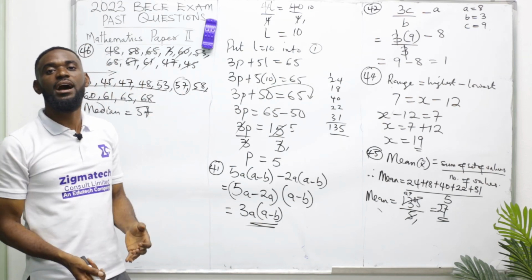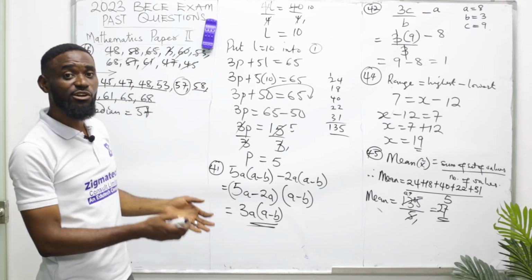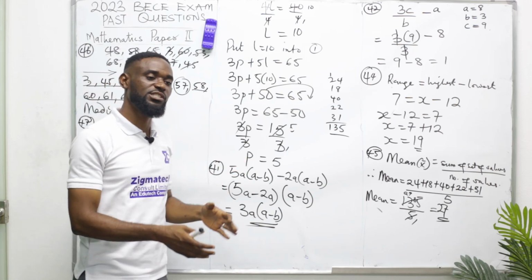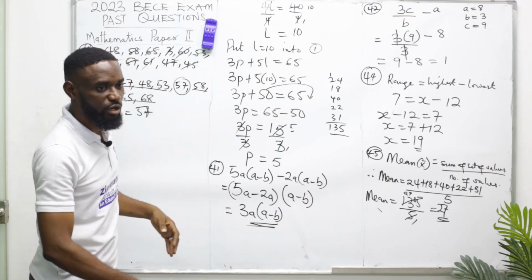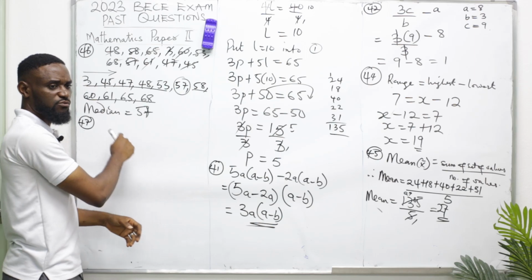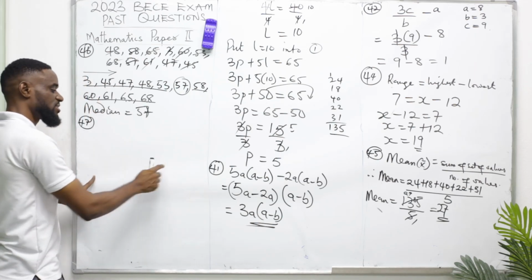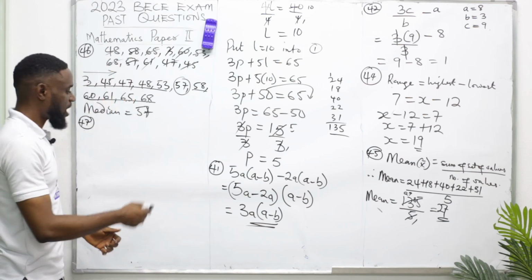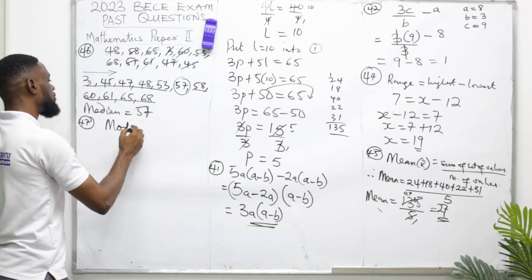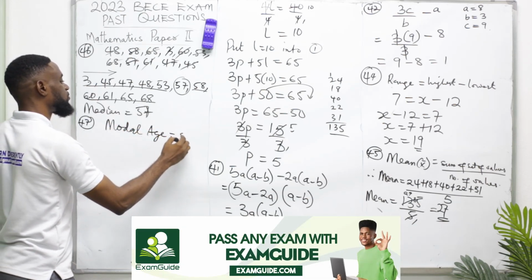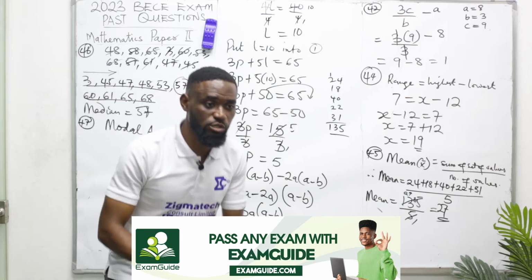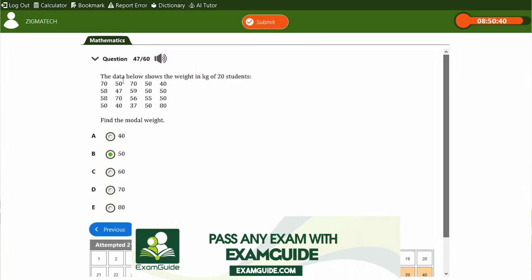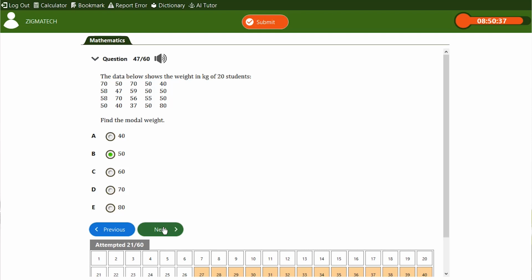But if you are solving a theory question, they expect that you tell them what the answer is, right? But you can just decide to put this in a frequency table, okay? Put the weight and the frequency. For 50, you tell them how many times it appears. For 70, how many did it appear? If you do that, you will still see that 50 is the modal age. So our modal age is equal to 50. So that is option B. 50 is our modal age, mode, the highest occurring value or figure or number. All right? So let's go to